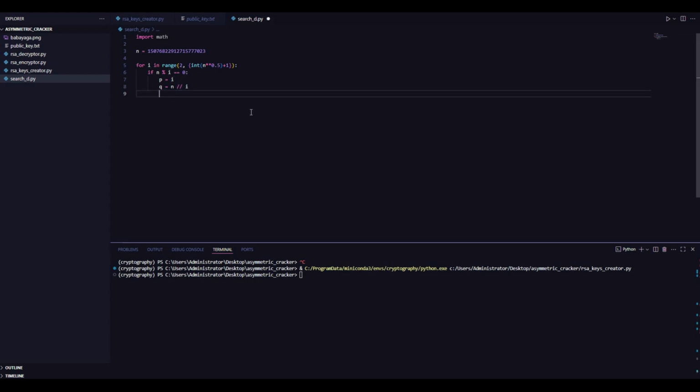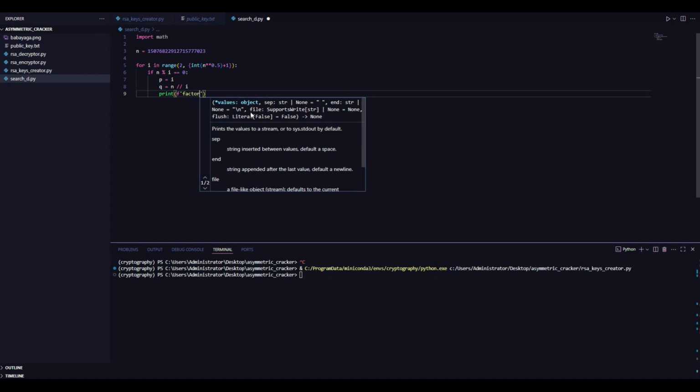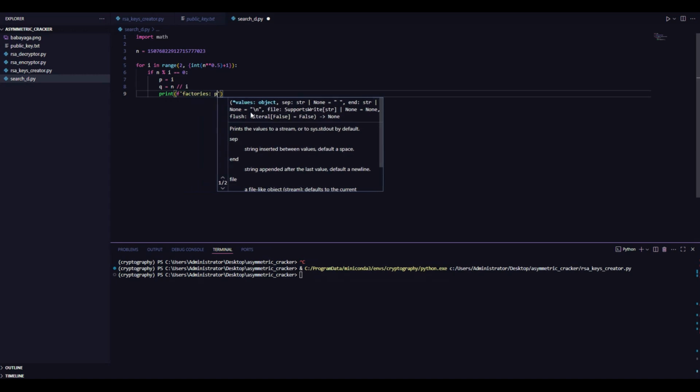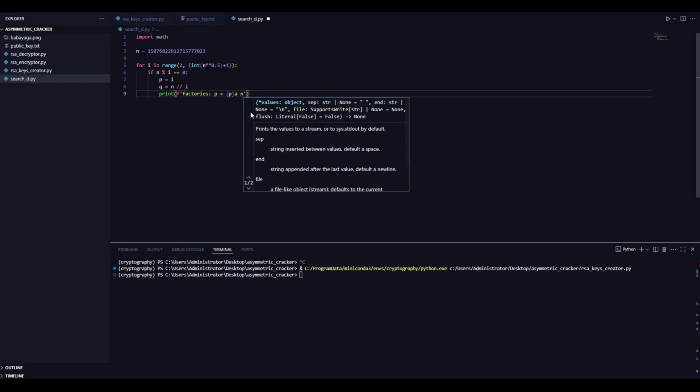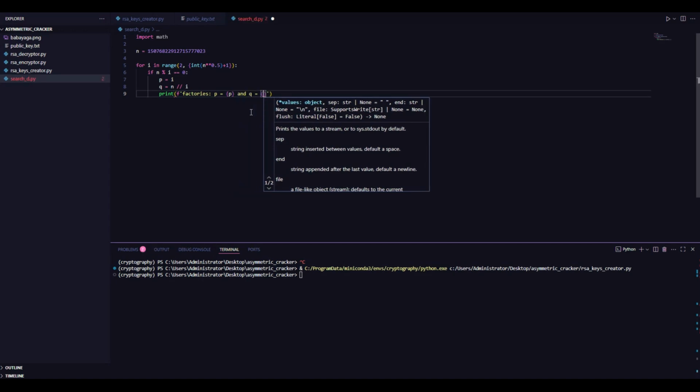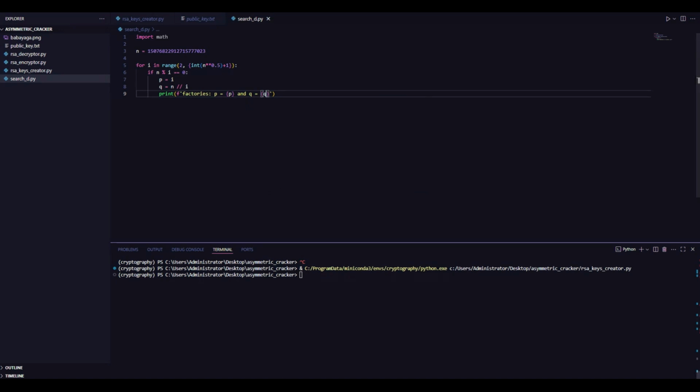And we can say print factors of P and Q. There it is. There is our awesome division attack. We can create first a print to know how many tries we are going to use with the factorization, like